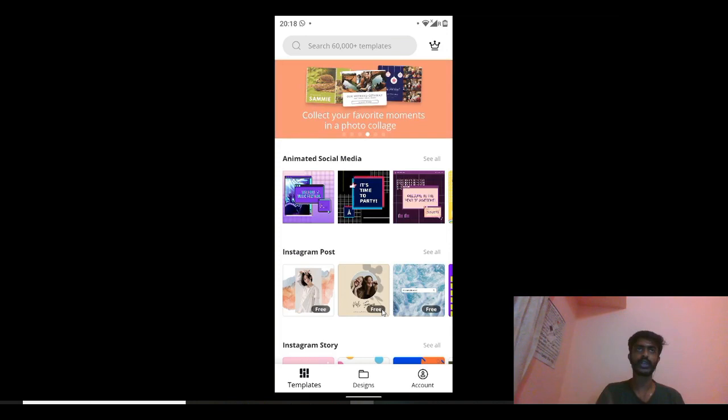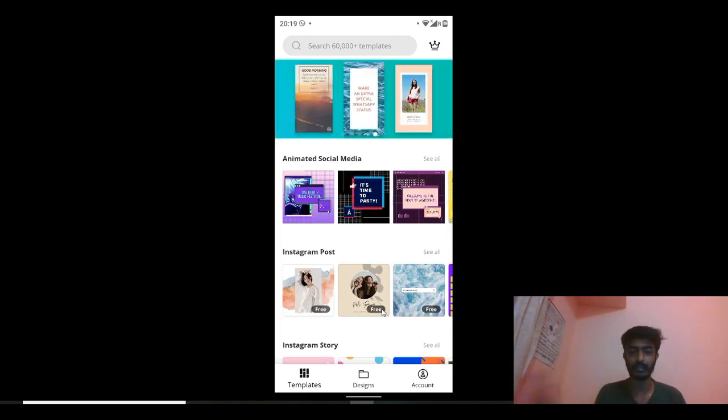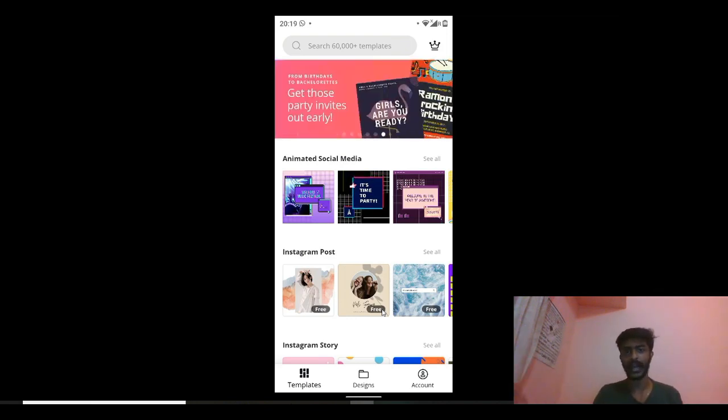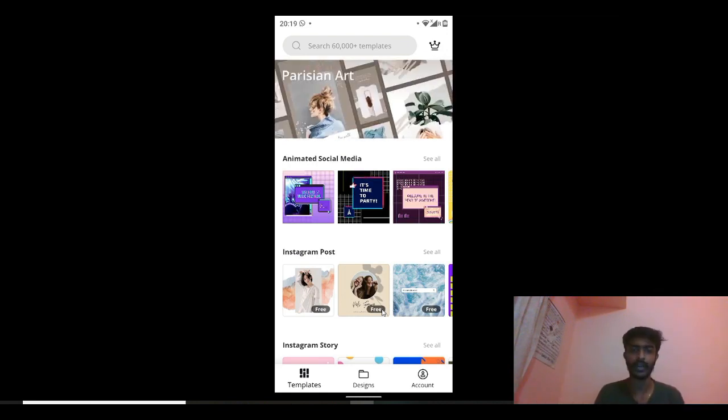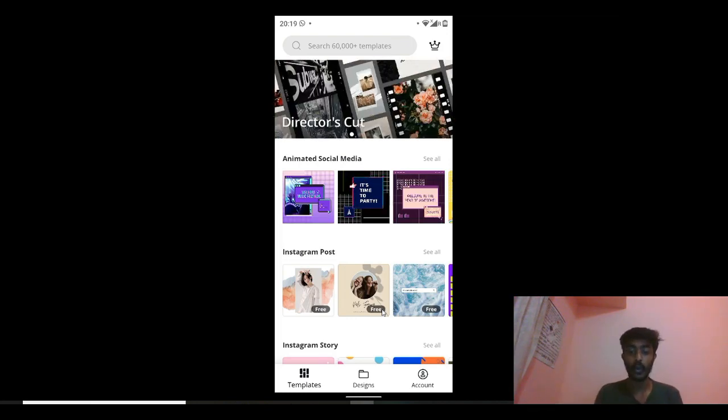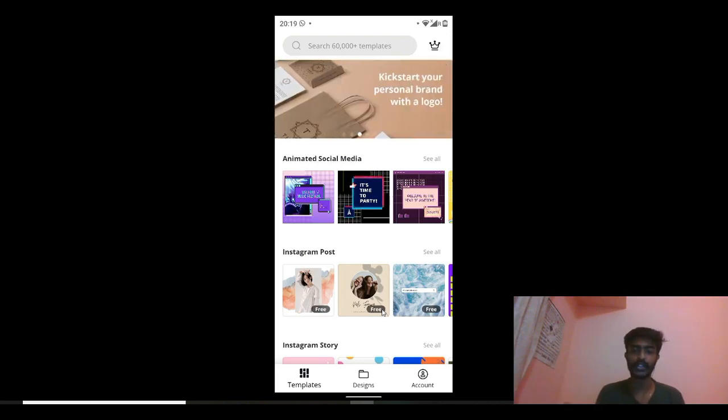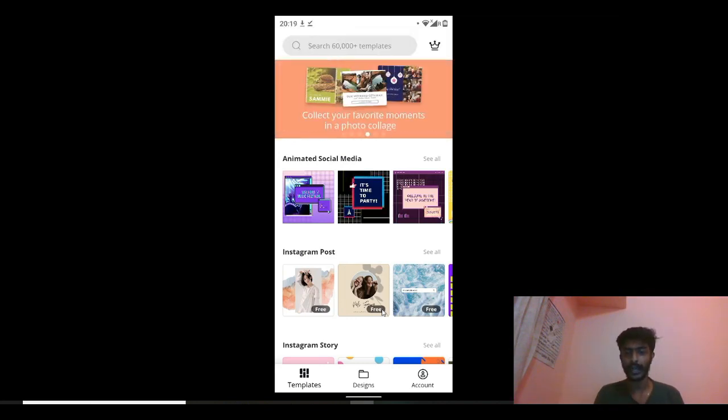The first thing to keep in mind is how your poster should look. For example, I have imagined a horizontal poster because a car should have a wider picture. So I would require a horizontal frame, and I have already downloaded a few pictures of a Volvo car. If you have your own product, make sure you have a good photo shoot, and then use the same image, maybe with some filters, to put in and export that template.